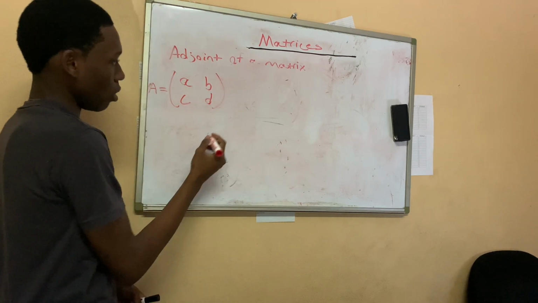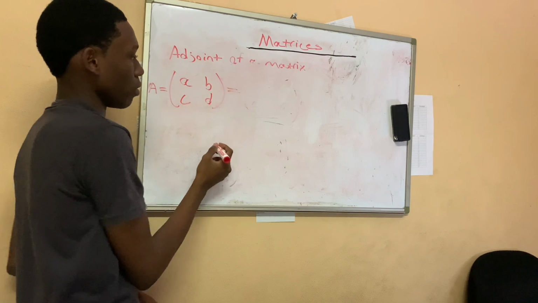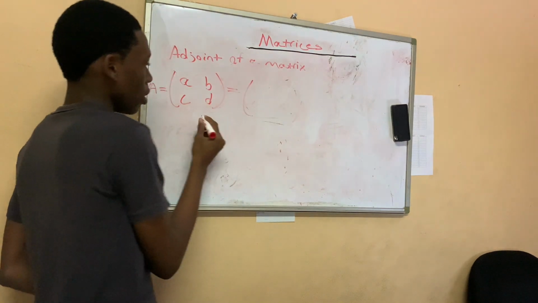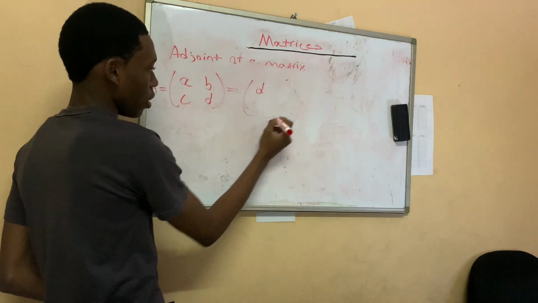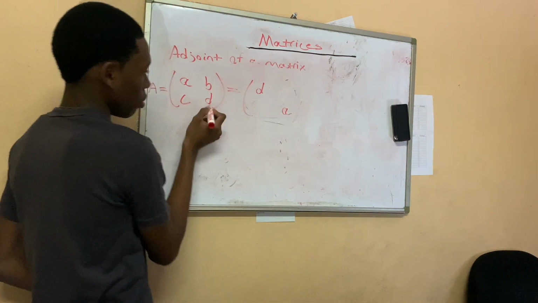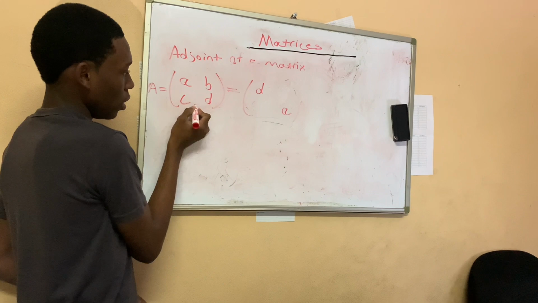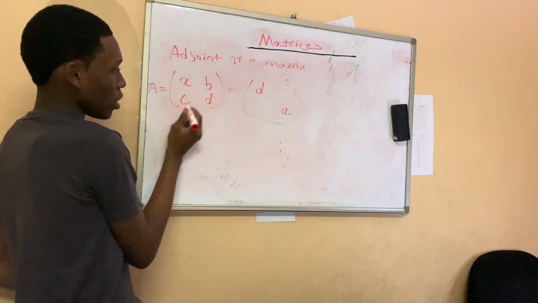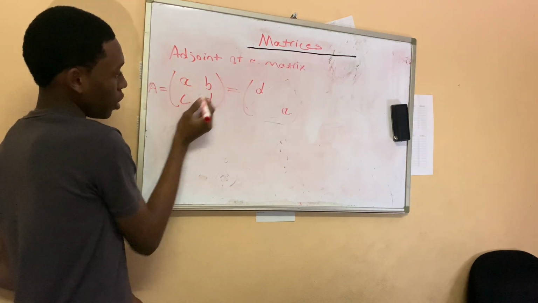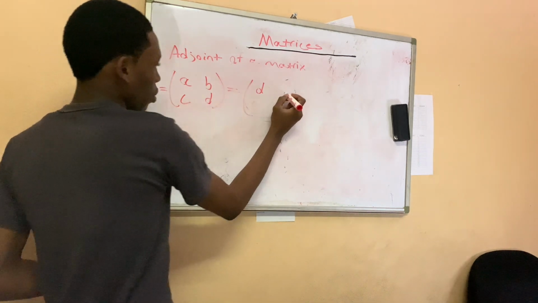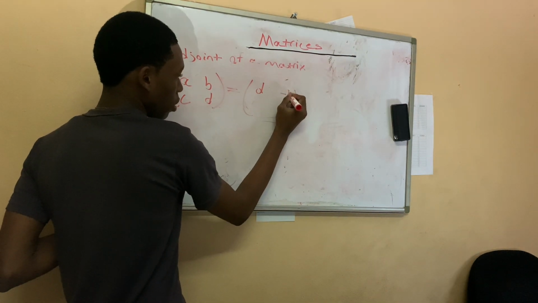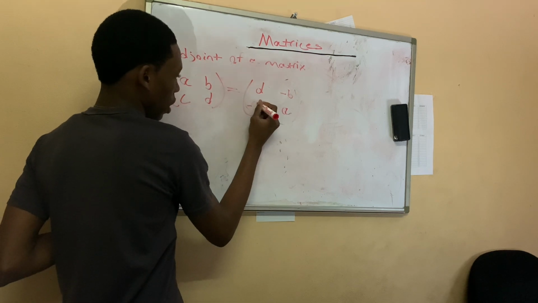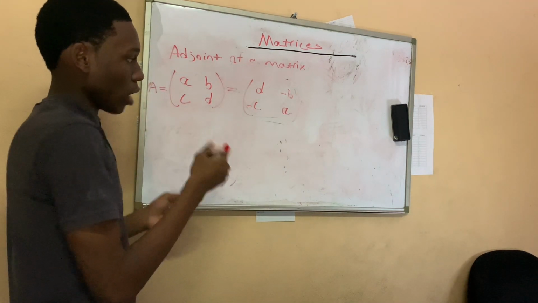Right? So to find the adjoint of this matrix, we're going to simply switch the D for A. So we're going to put the element D here and the element A here. So we'll switch them oppositely. Now we're going to switch the signs of the other two elements, B and C. So we'll put back B. We're going to put now negative B and then negative C, because we switch the signs of those